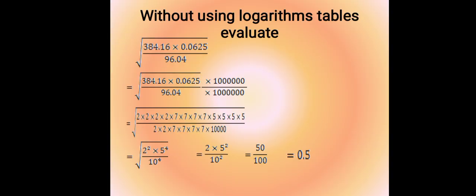Squares and square roots. Without using logarithm tables, evaluate 384.16 multiplied by 0.0625 all over 96.04. Now the first thing here is we have to remove the